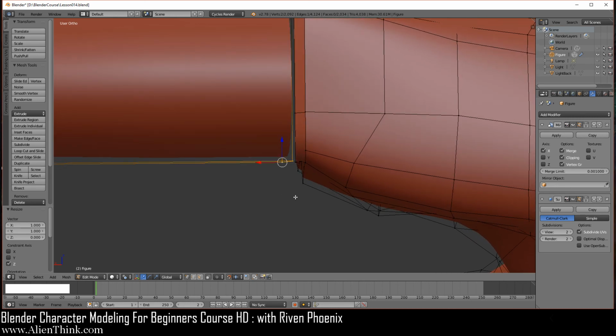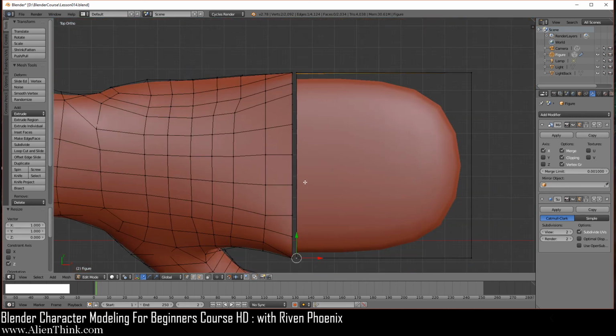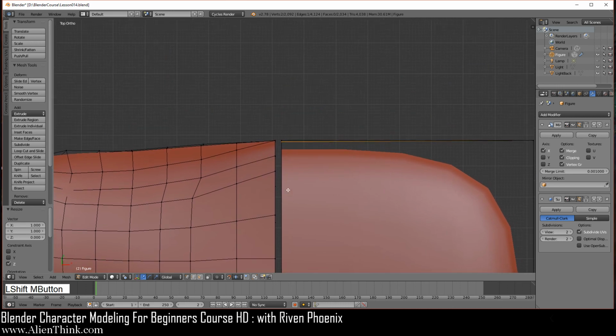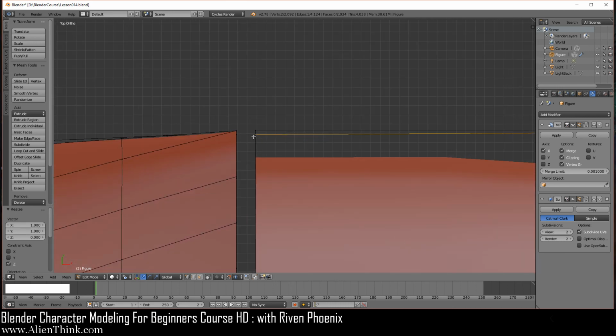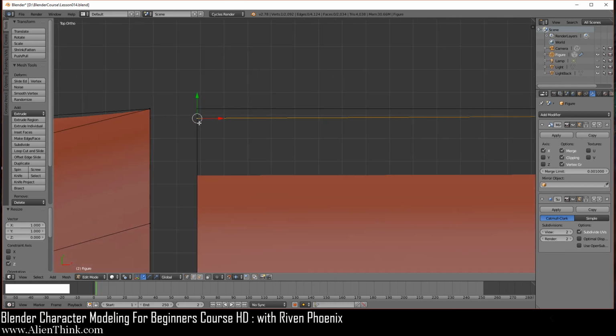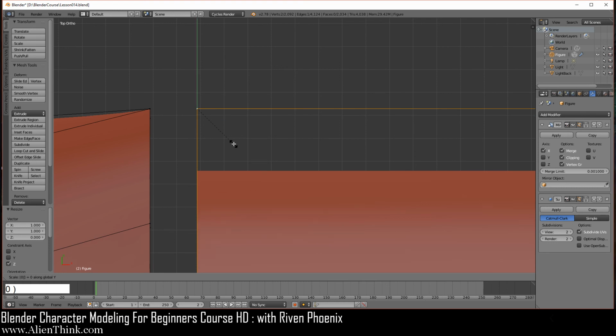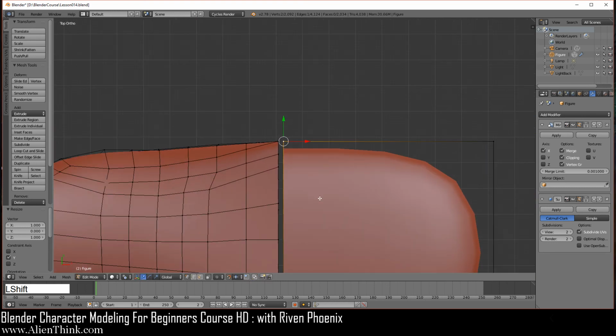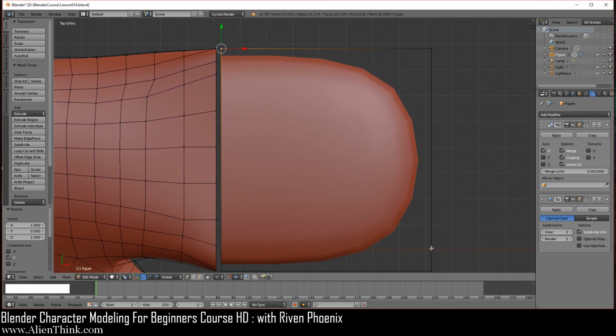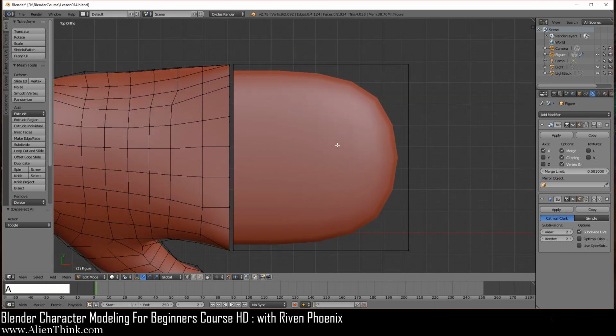Okay, now press the 7 key to go to your top view, Shift middle mouse button to pan over here, and go ahead and just right click this vertex again to make this the active vertex, Shift and then right click this vertex. So this is now active. So we want this vertex to come over here. So all we have to do is press the S key to scale, press the Y for the Y axis and press 0 and enter. Okay, so now this is a nice rectangle over here. Alt A to deselect.